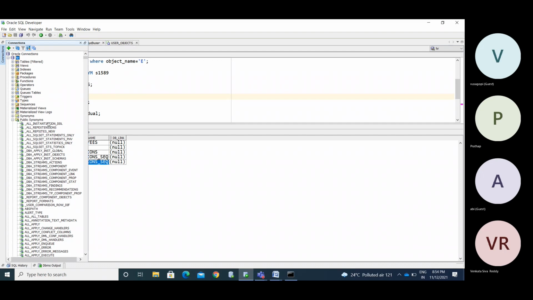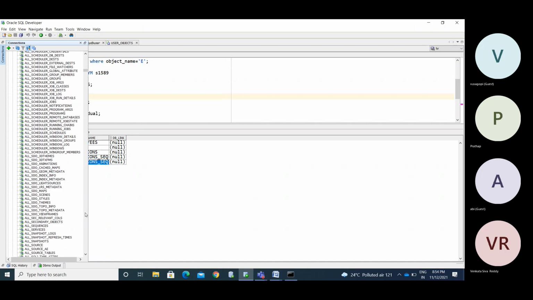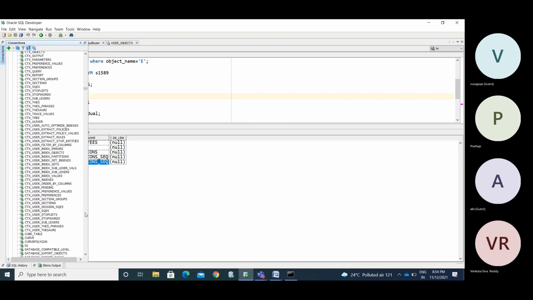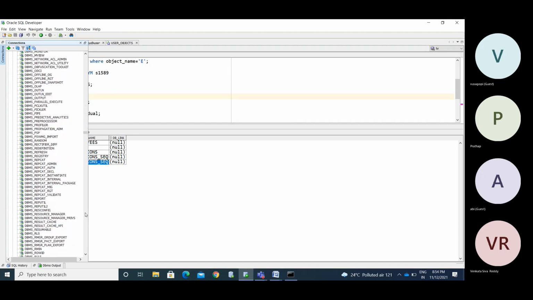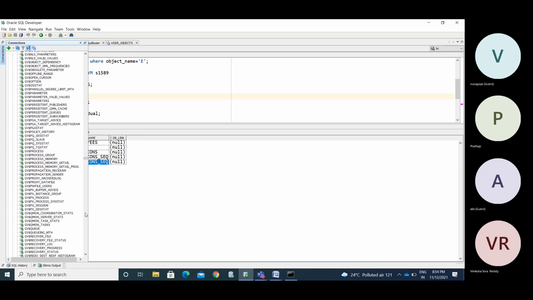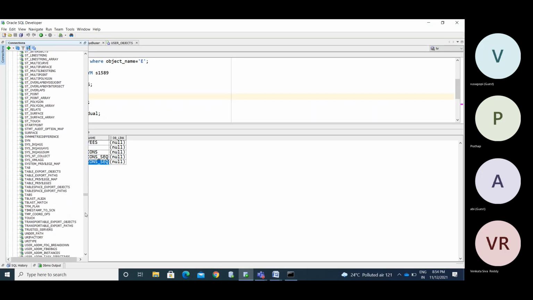So the synonym we created now, S518, right? You need to go with yes. See how many synonyms we have. Yes, 518. You may get it in this. Definitely you may get it in this.